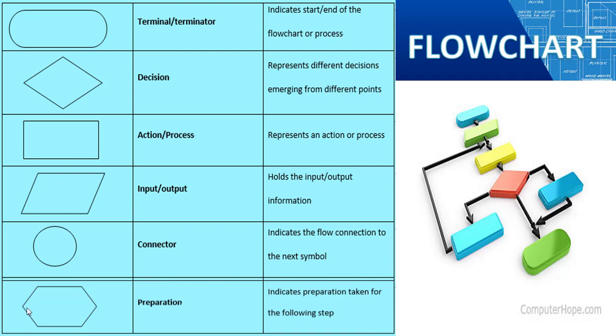Okay, the next is the preparation symbol. It is mainly used for the for loop. When we are using a loop that is called a for loop, we use a preparation symbol. Apart from that, you can see the lines with arrow marks. These arrow marks show the flow, that is how the data moves from one symbol to another. In order to show how the control flows in the flow chart, we use the arrow marks to show the flow of the data in the program. So these are the different symbols which are used in the flow chart.